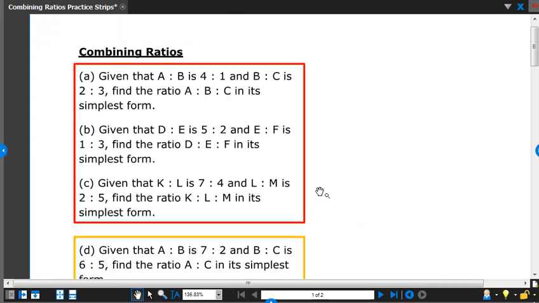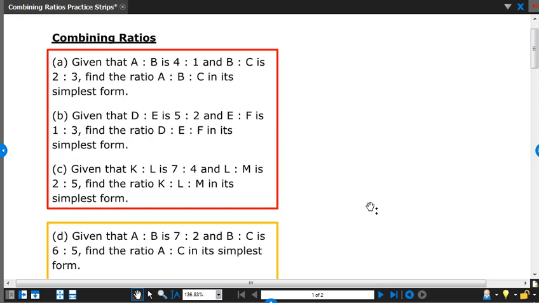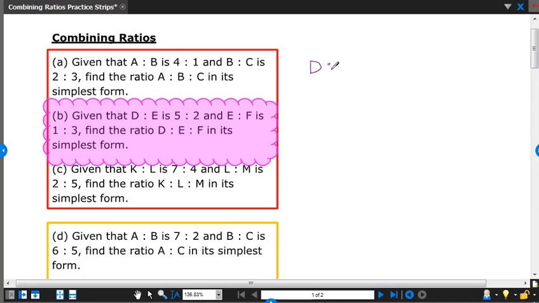Combining ratios. So this is a little bit more difficult. Let's do question B. So we're given that D to E is 5:2 and E to F is 1:3. Okay, so just write down the information. Don't stare at the page expecting all the information to gather itself and give you the answer. It's not going to happen. So 5:2 is D to E. And we know that E to F